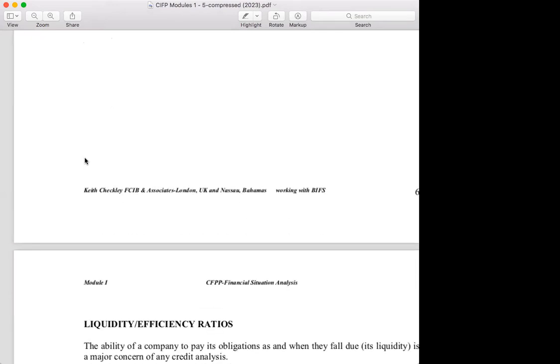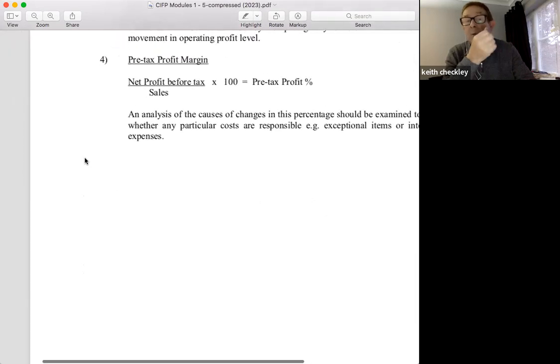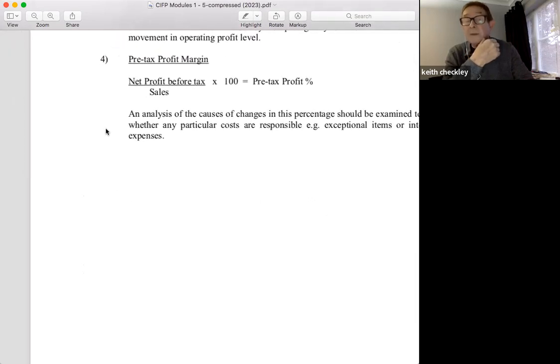Mr. Chuckley, could you just repeat that again so we can write down that formula correctly, please? Yep, sure. So you'll see that one that we were looking at is pre-tax profits. That says net profit before tax divided by sales, multiplied by 100. So what I'm asking you to write down is the one that will come after the tax is paid. So what we'll be down to is what we would call the net profit. So that's the bottom line position in the income statement. So what you need to write down is net profit divided by sales and multiplied by 100, and that will equal the net profit percentage.